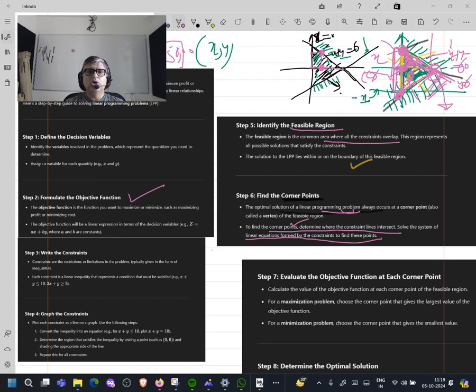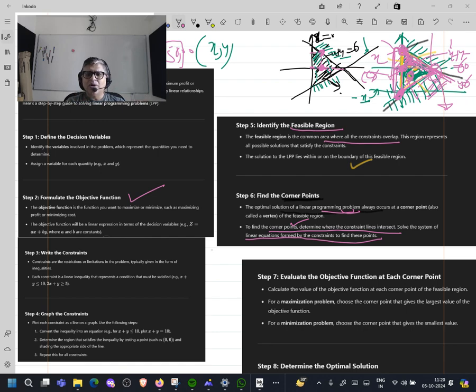There may be more than one corner point which you may calculate. Now using this, you have found x and y. Put the value of x and y in the profit function, the objective function. Finally, why are you doing this? Because you have an objective in your mind. What is your objective? Profit maximization. That's all. So you have found the corner point which actually is the point of optimization.